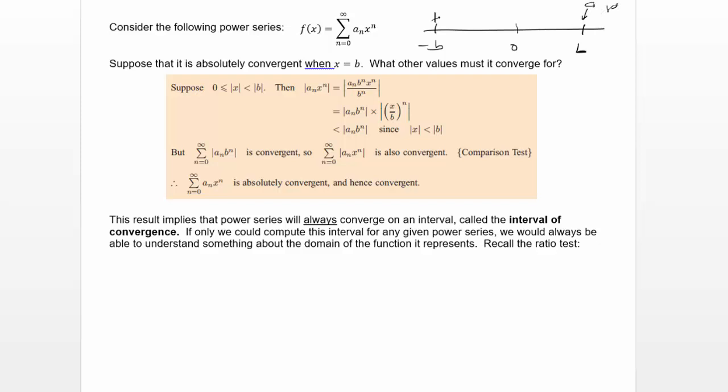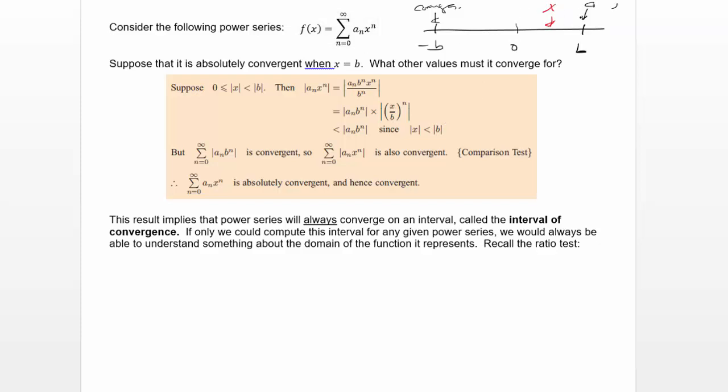And it converges absolutely, so it converges at minus b. The idea is, are there any other values that this function would have to converge at? It turns out if you choose an x that lives somewhere between 0 and this number we know it absolutely converges at, say maybe x lives here,